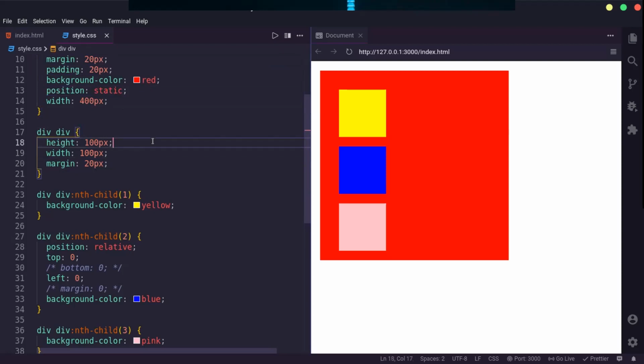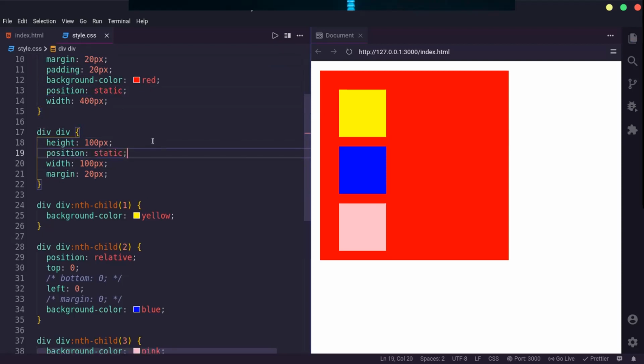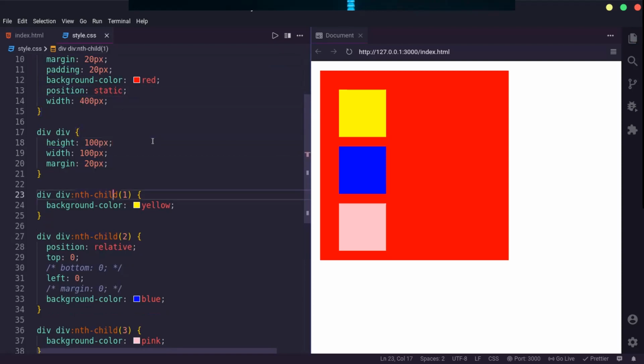So now all the divs are static. I was talking about relative. Relative is if you want to move the element with respect to its initial position, and I mean the initial position as the static position, which is the default. If I don't declare the position, you can see it's placed like this.